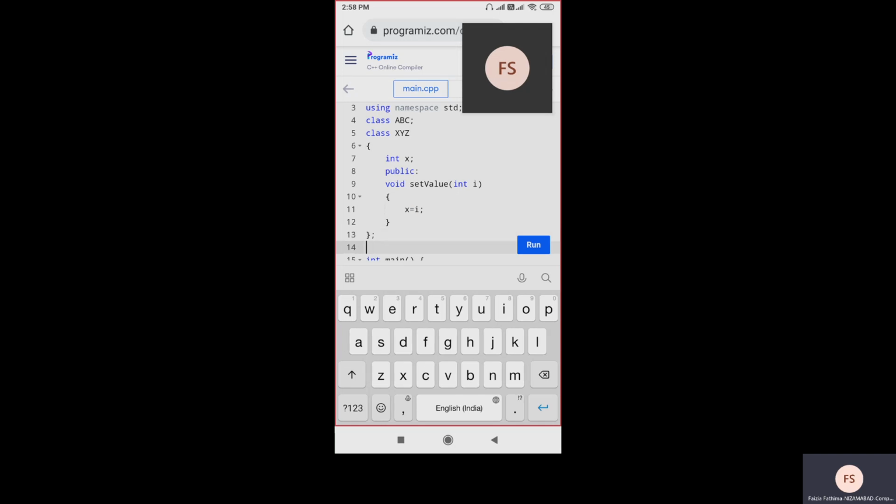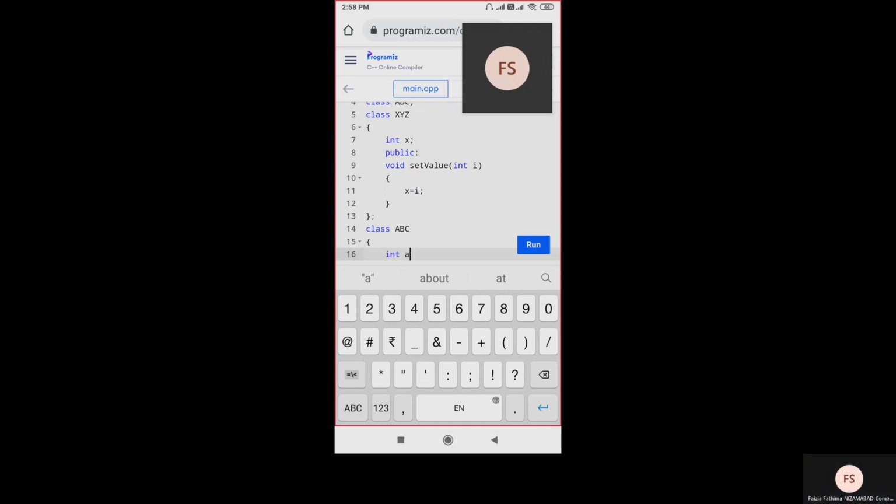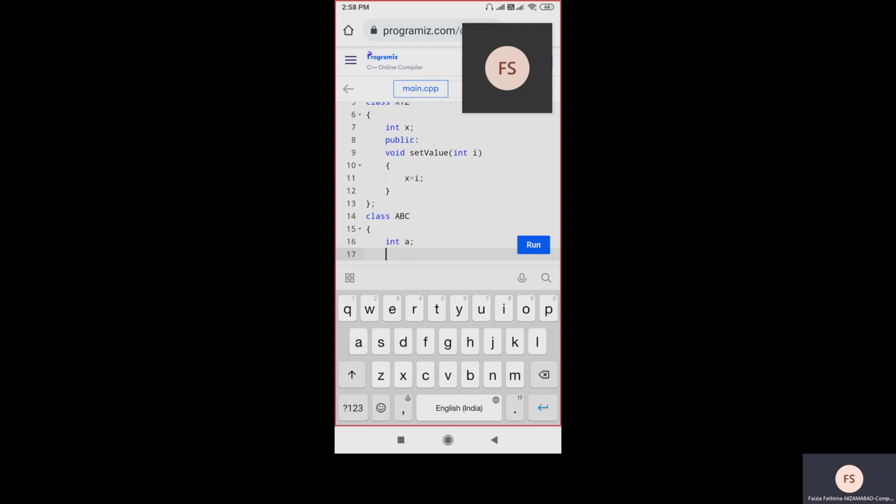Now I am going to start another class, ABC. First line, here you can see in fourth line I declared class ABC, but I didn't give any member functions or data members in that particular class. So I am defining those here. So class ABC, in that I am taking int a data member. In that again I am taking public specifier.